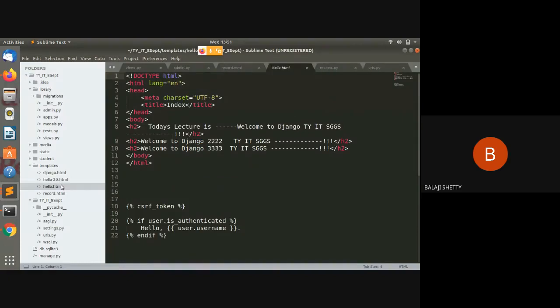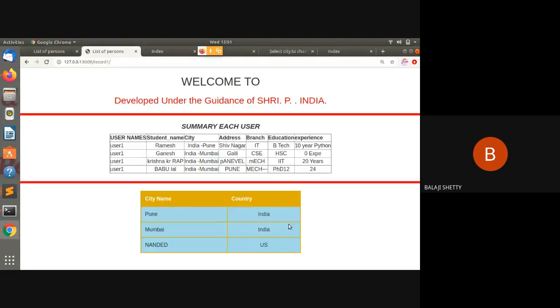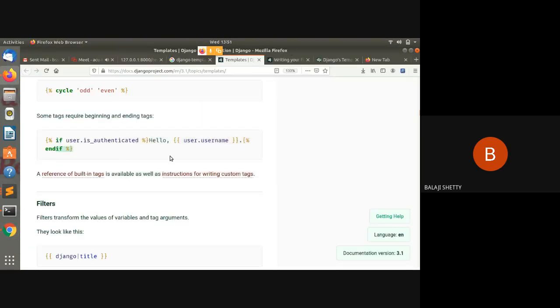See here, if user is authenticated, hello username. CSRF token is for security. Whenever we are using the if keyword or for loop, we must embed those keywords in opening and closing brackets with the percent sign. So this is the syntax of if.